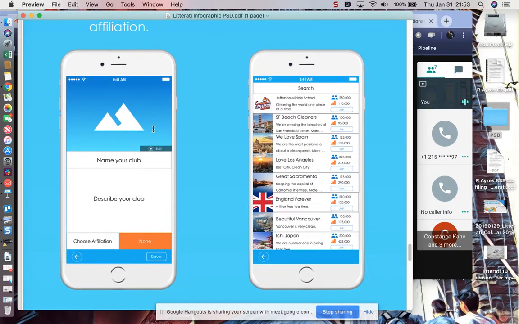So you go here and you're given this kind of blank template. You can type your name, your class name, the school name, the college name, or whatever it is. You can add an image by clicking on edit. You can describe the goal of that club. And then here around choose affiliation, if you tap that bar, that's where you're going to be able to choose the Philadelphia School District. That image that I showed before, you'll see it there as a banner. And please choose the Philadelphia School District. That way we'll be able to follow the program on an aggregate level.